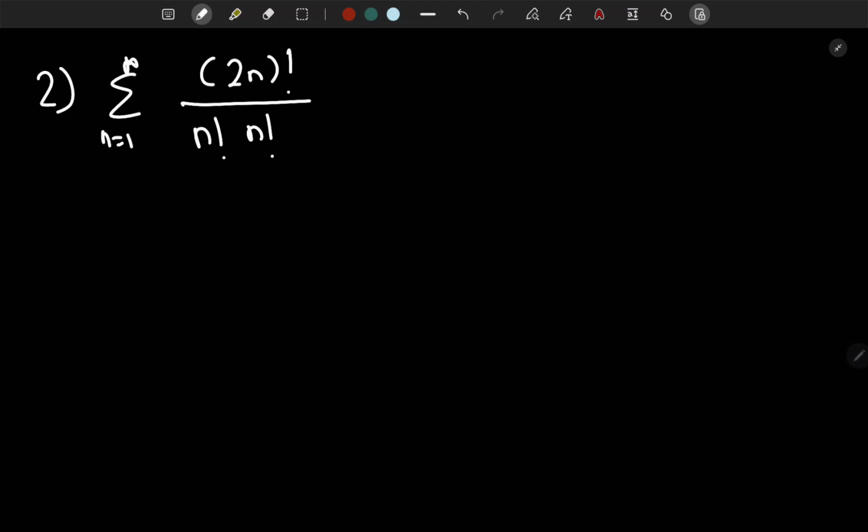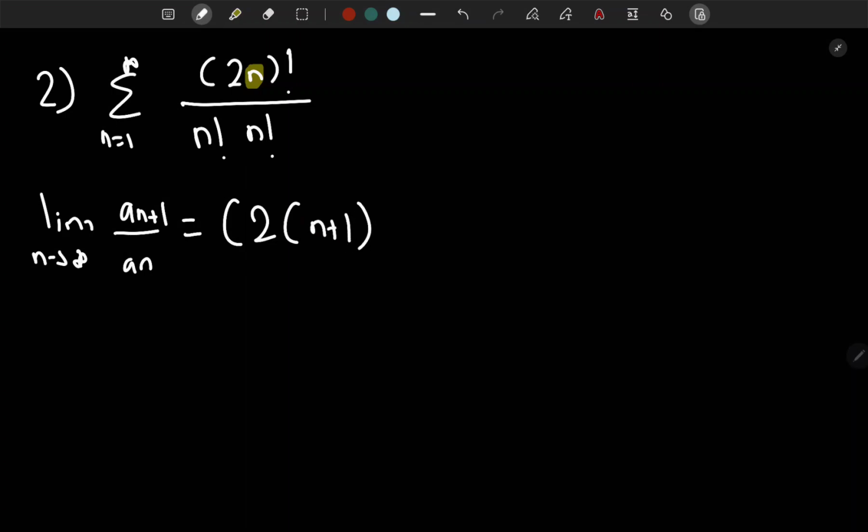So now let's start with this question. Let's write limit of n approaching infinity, and we have a n plus 1, the next term of this one, over a n. Now let's write a n plus 1 first, and let's identify the n's in the original fraction. So it is going to be, open brackets, 2, and there is an n over here. So I'm going to open the brackets again. n plus 1, it's very important because you cannot write,